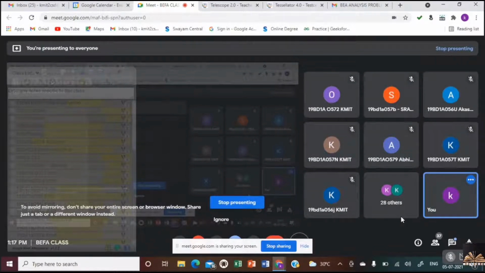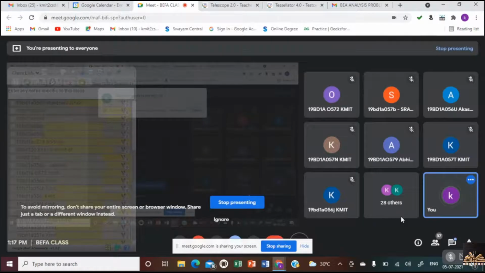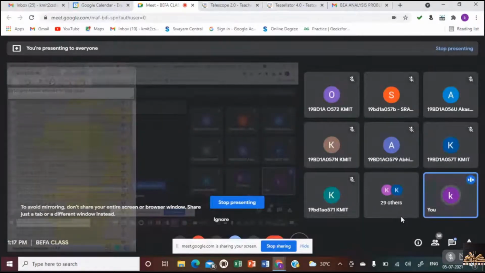Okay, so this is the situation. I think I have said always the concept of break-even analysis would be used to take important management decisions such as make or buy decision. So the first point is, make or buy decision is the first application of break-even analysis. So I thought this example will directly, practically help you to understand how break-even analysis helps us to decide to make or buy.